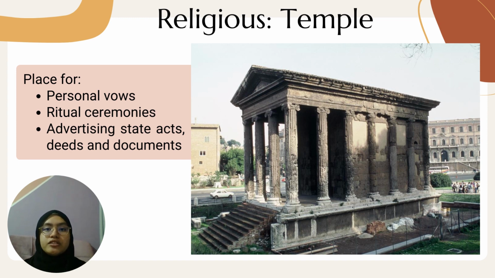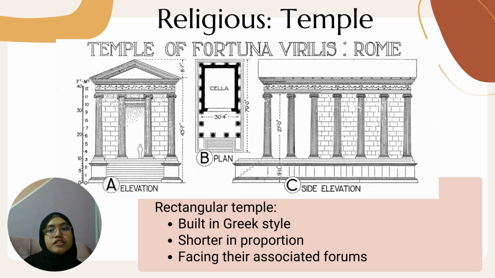Roman temples were rectangular and circular. The rectangular temples were built in the style of the Greeks with a podium and portico. However, the Greek temples were longer than the Roman, which means the Roman temples were shorter in proportion than the Greek temples. Another thing that differentiates the Roman temples from the Etruscan and Greek is that the temples in Rome